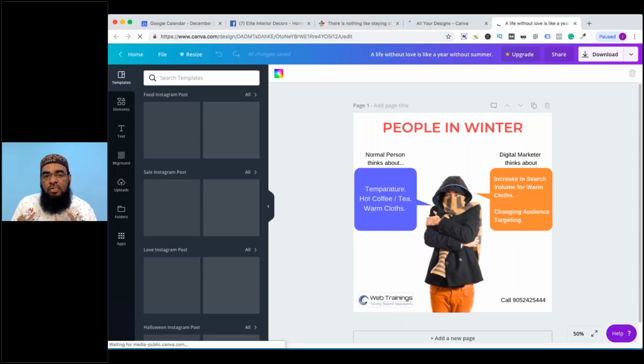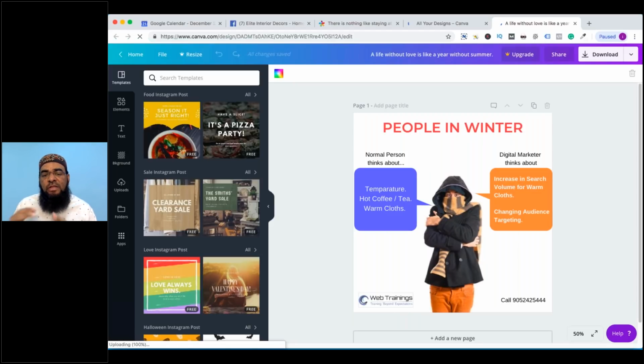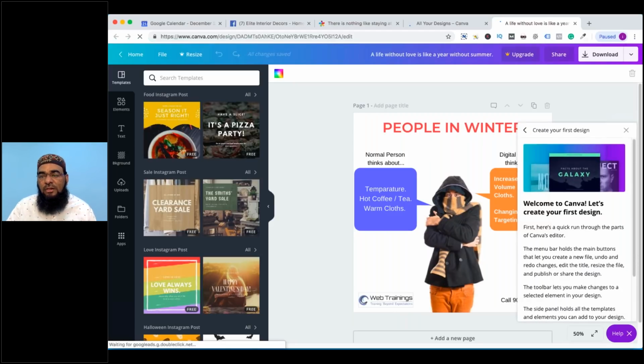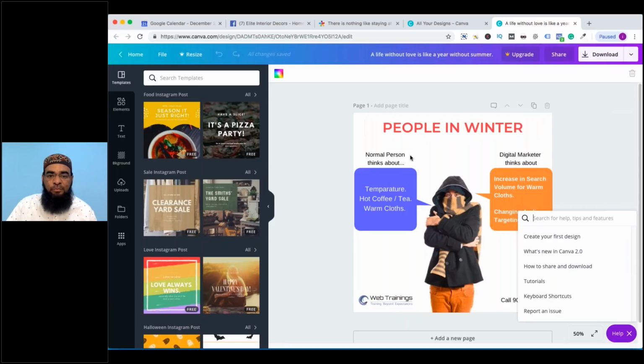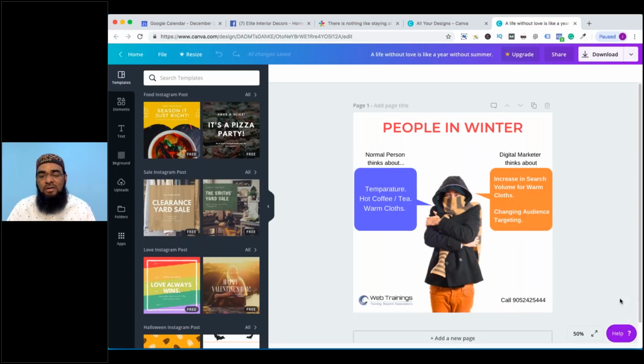So taking that aspect into consideration, I have designed this simple post. It shows what a normal person thinks about in winter, and what a digital marketer will think about. Because my audience is digital marketers, that's an example post where I have mixed in what is right now happening here. I have tried to convey that message.